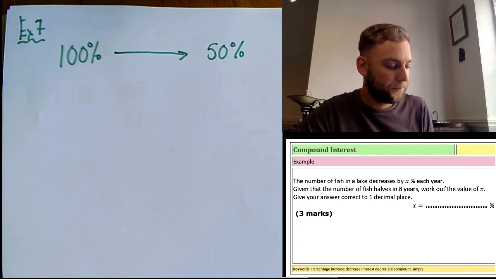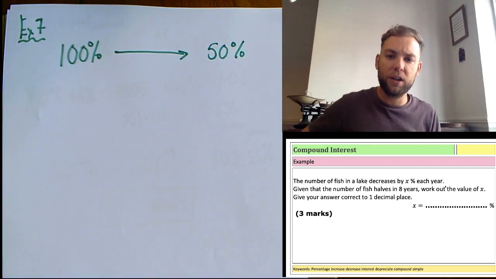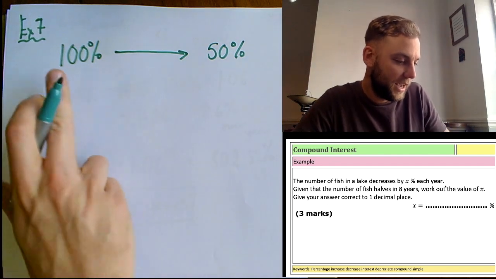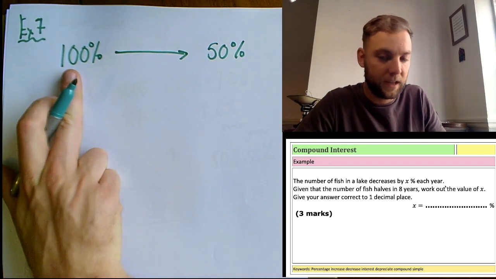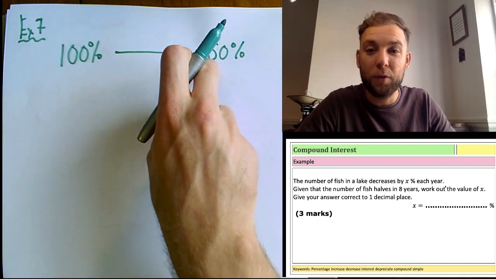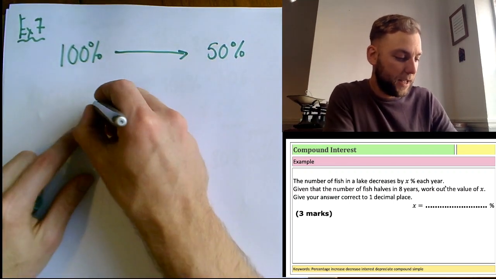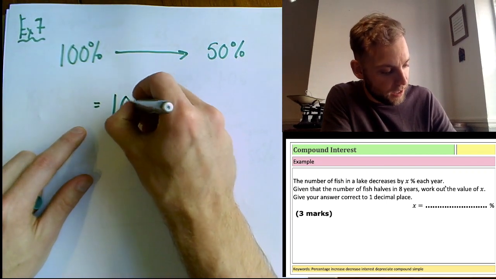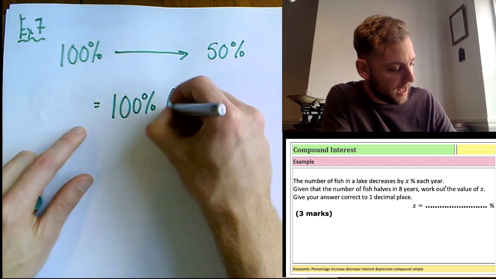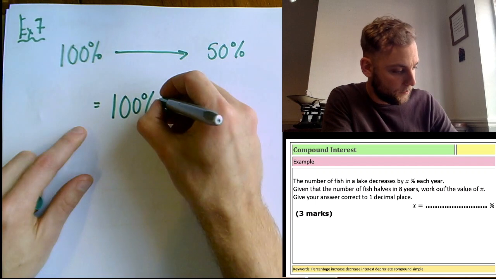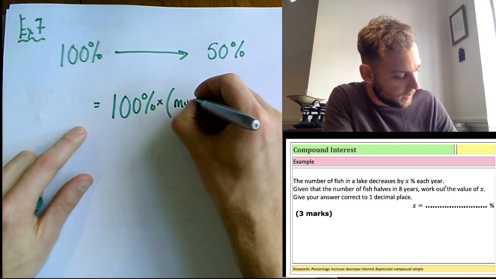Okay? Now, what would I usually do here? Well, usually what I'd do is I'd take my original value, I'd times by the multiplier to the power of the number of years, and it would give me 50%. So, it would be equal to my value here, which is 100%, times by my multiplier. I'm going to call that multiplier